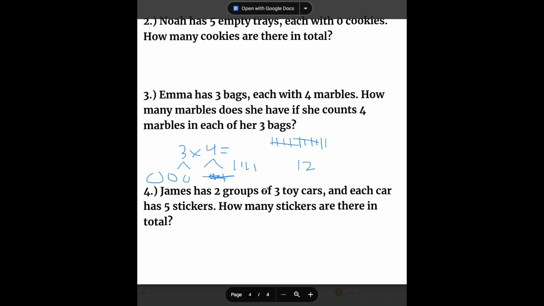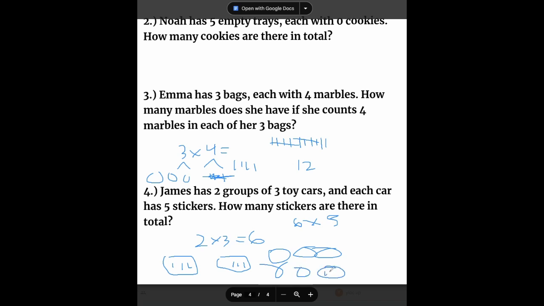James has 2 groups of 3 toy cars, and each car has 5 stickers. How many stickers are there in total? So he has 2 groups of 3 toy cars. First of all, that's 6 cars, because he has 2 groups of 1, 2, 3. Each car has 5 stickers. If he has 6 cars and 5 stickers on each car, just count by 5s: 5, 10, 15, 20, 25, 30. 6 times 5 is equal to